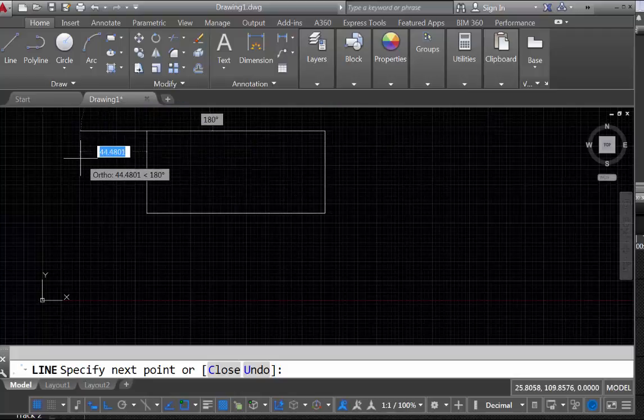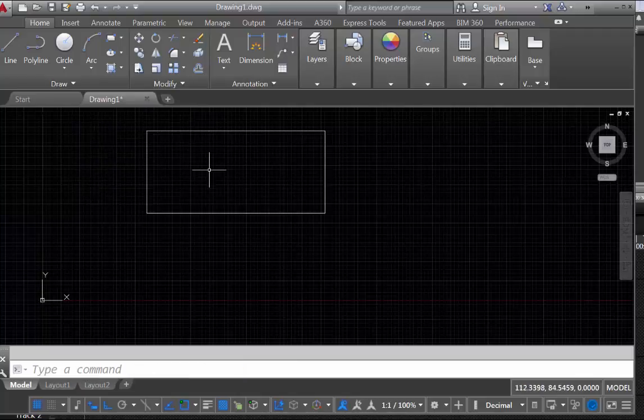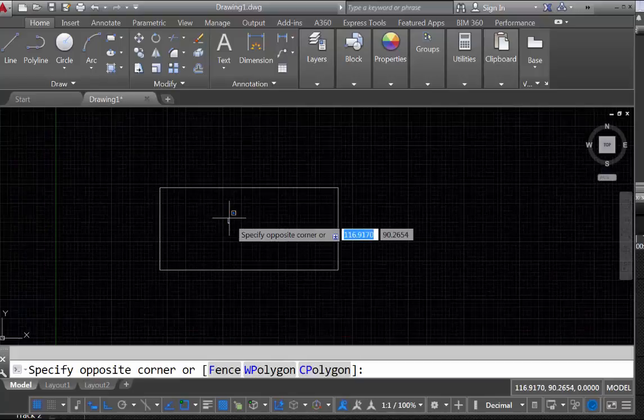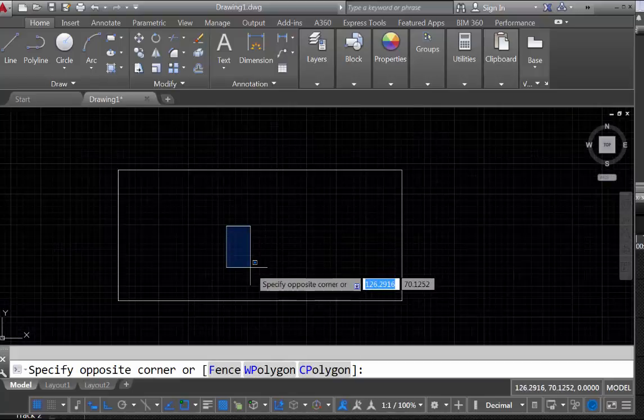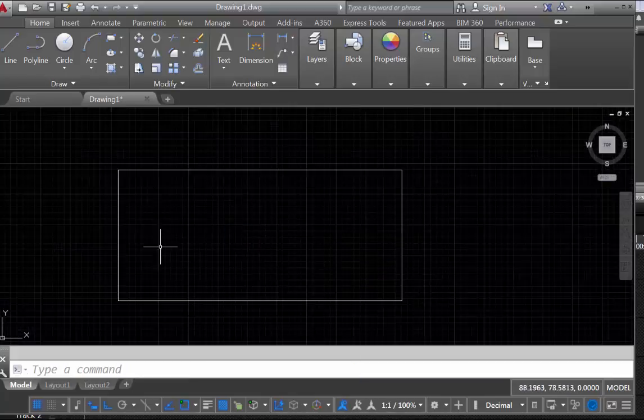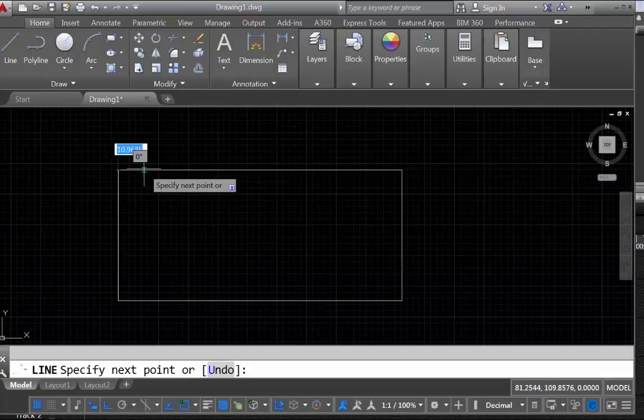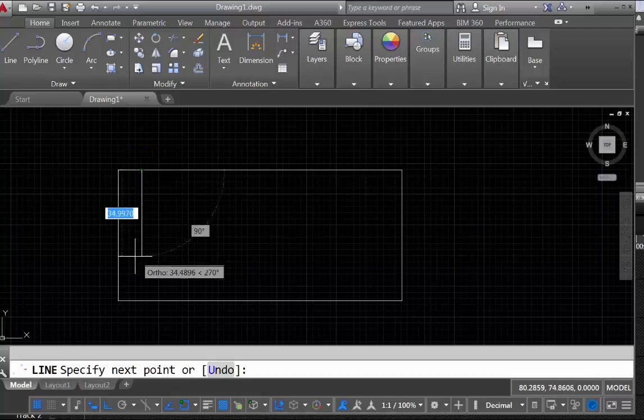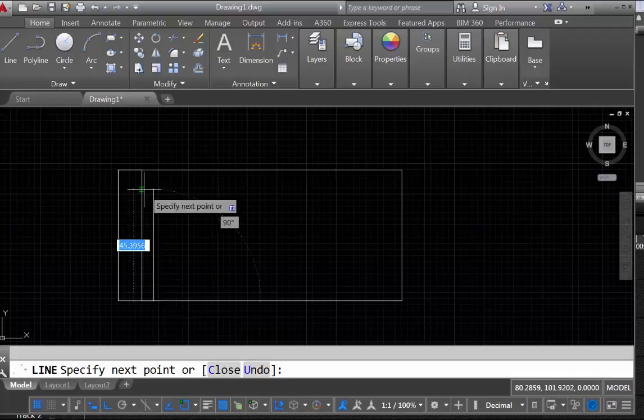So I've drawn these lines here. I'm going to push escape and start from there, and then I'm going to center this drawing a little bit better. From here we were supposed to draw the lines for a football field, and if you recall, the lines went something like 10 yards for the end zone, 53.333 for what we call the goal line, and then 5 yards, and then 53.333, and then 5 more yards,